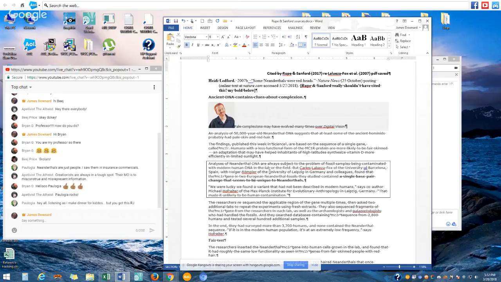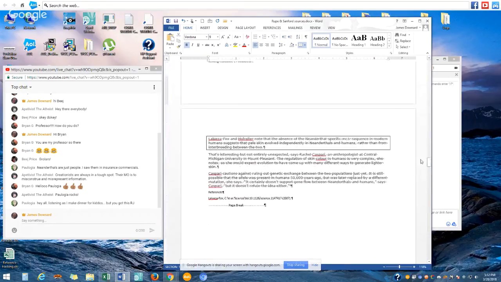In other words, their skin pigmentation variety was being produced independently and convergently. It was not something inherited or common to human beings. And down below, Lalueza-Fox and Hofreiter note that the absence of the Neanderthal-specific MC1R sequence in modern humans suggests that pale skin evolved independently in Neanderthals and humans rather than from interbreeding between the two. So this was yet more information explicitly indicating that human beings were not quite the same as our cute